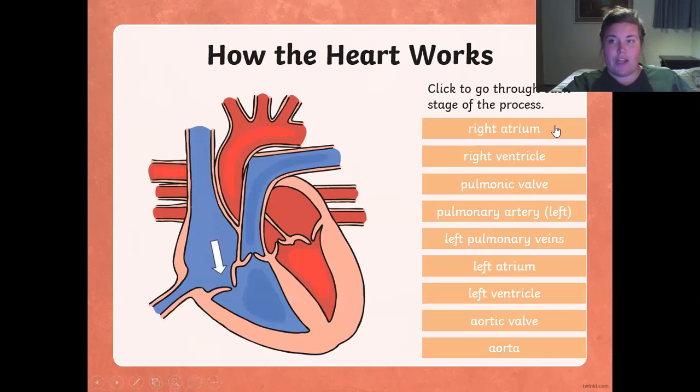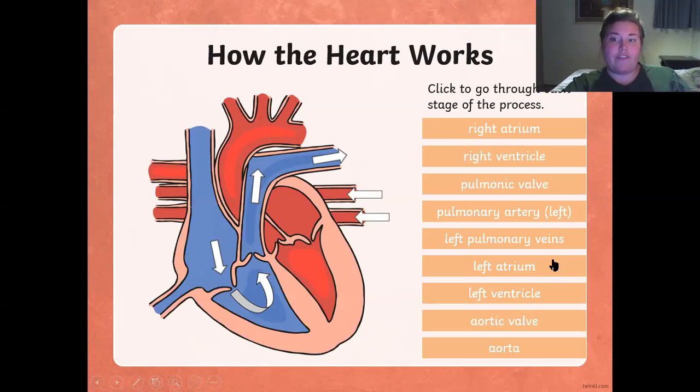Right, so the blood goes down over there. Then we have the right ventricle and it goes around. We also have the pulmonic valve and it goes back up, and we have the pulmonary artery on the left and out into your lung there because of the air sacs, which we'll get to soon, and then your blood that is poor in oxygen will get reoxygenated. Then we have the left pulmonary veins,